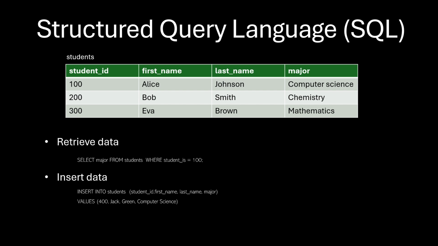Normally, the database has a primary key field that is unique and is used to identify each value. In this example, it's student ID. Let's see some SQL example queries. The first example is a select query to retrieve data from the database. This query aims to retrieve the major for a student with ID 100. Another query aims to insert data into the database. You can see that we have defined a new student and specified all the fields in this database for the